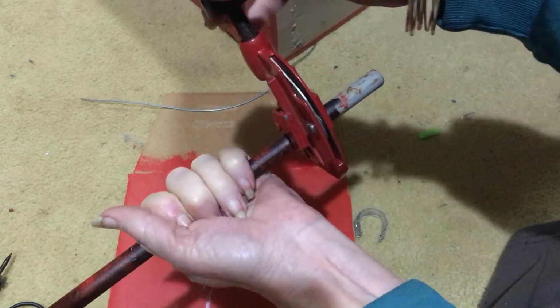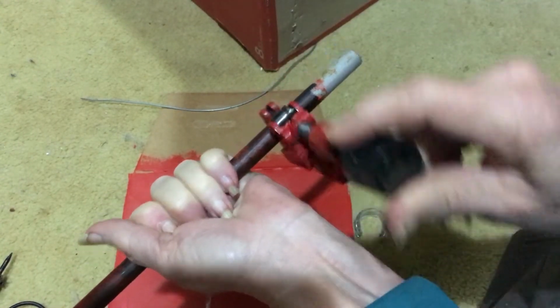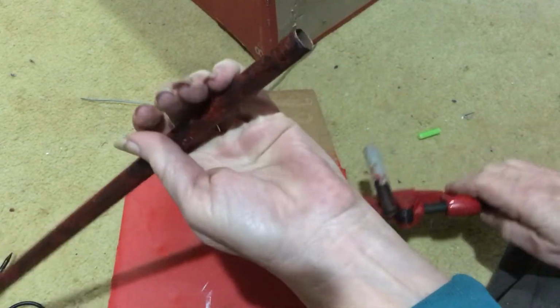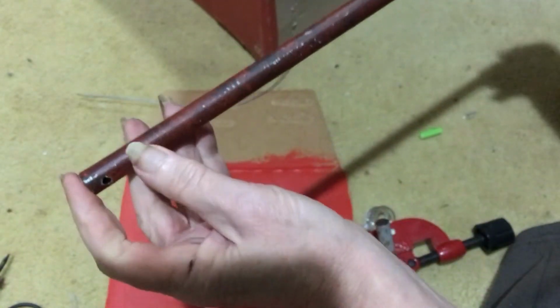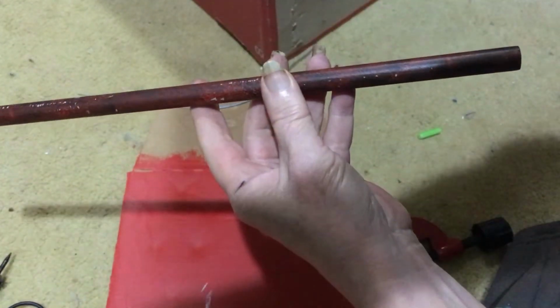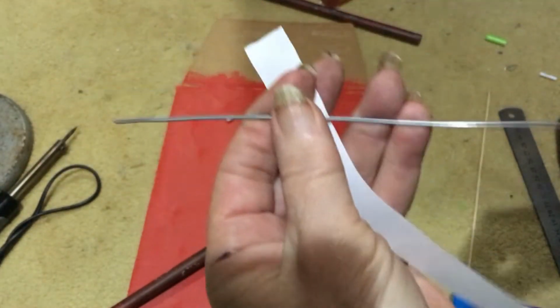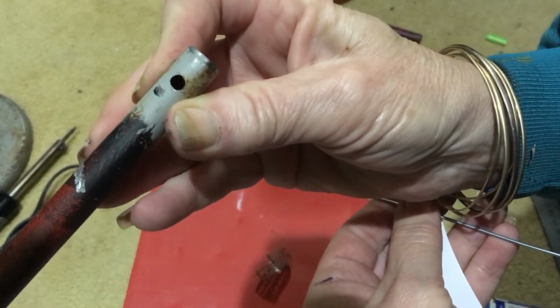And then tighten it a wee bit more. Each time I rotate, I tighten it just a little bit more. I get a nice clean edge on that. So I'm going to cut both poles at 37 centimeters. I'm using a 1.57 millimeter wire, but the holes in my little poles are just a little bit bigger than